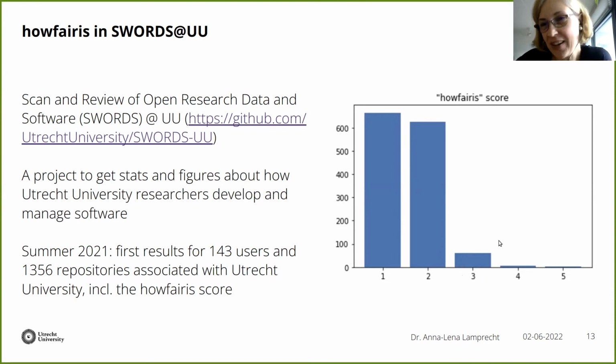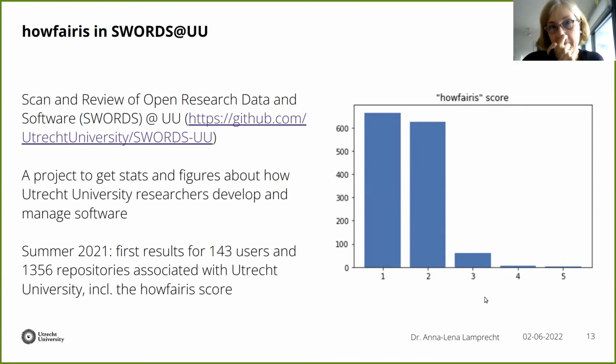But what we did internally, and that was interesting, we gave a similar presentation about SWORDS internally, and there we had a list of the projects who scored 4 or 5, and especially those who scored 4 and not yet the 5, immediately after the talk they started questioning us about what they could do to improve their score. So this is maybe an indication that this badging and scoring can already motivate people, and a lot of the people here of course did not know about How Fair Is. If we would tell them, maybe they would also spend more attention.